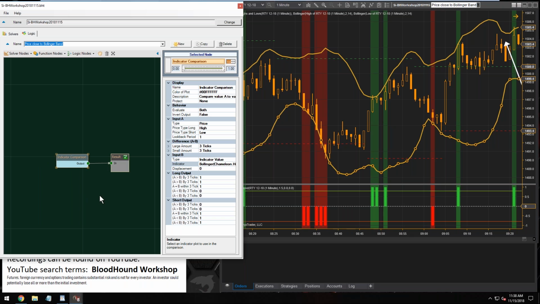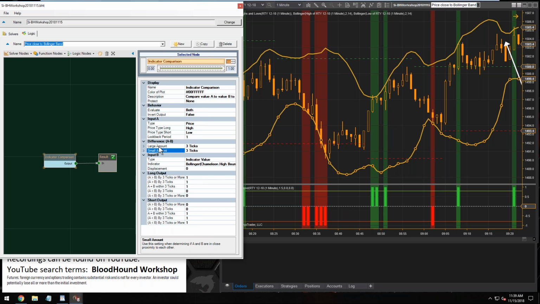Okay, so anyways, we got off track a little bit here. So let's get back to Ronald's original question. I think the core of what Ronald's question was about is using the large amount versus the small amount within the comparison solver. So these two settings right here, the small amount and the large amount,